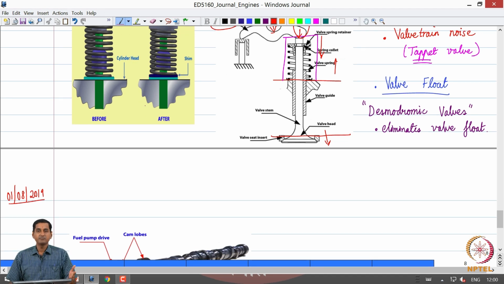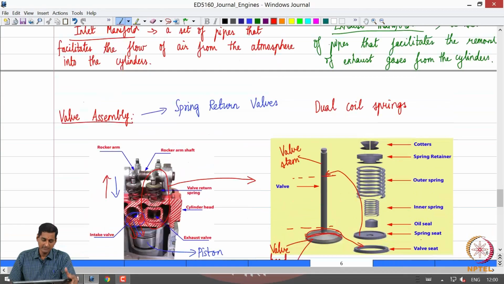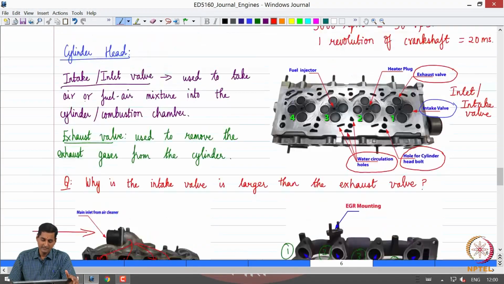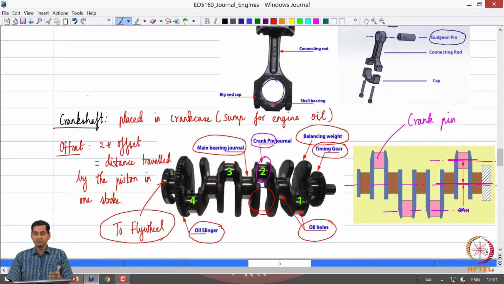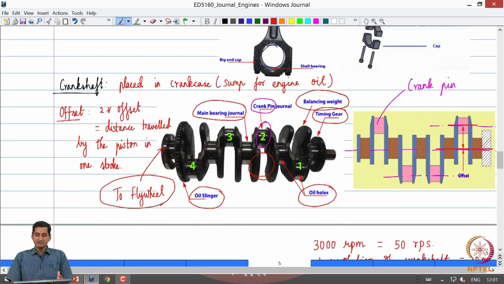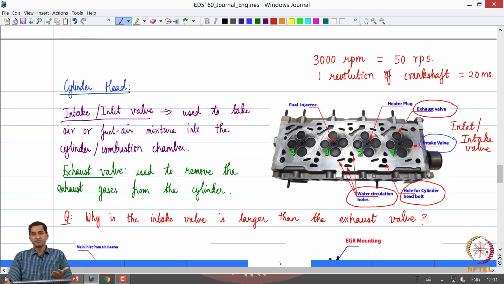So a quick recap of what we did yesterday. We were looking at the components in a typical 4-stroke engine. Yesterday we looked at the piston assembly, and then we learned how it's connected to the crankshaft, and then we also looked at the cylinder head, because in a 4-stroke engine the cylinder head contains the valve assembly, which consists of intake and exhaust valves for letting air into the cylinder and taking out exhaust gases from the cylinder